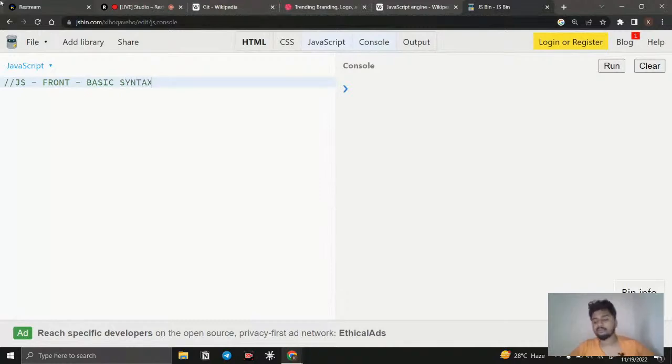Like if you go for any programming language, some of the concepts are going to be basics. Variables, data types, loops, functions, so many things like that. They are going to be the basic concepts, and you need to know how the syntax works. That is one. And the second thing is going to be DOM, right?